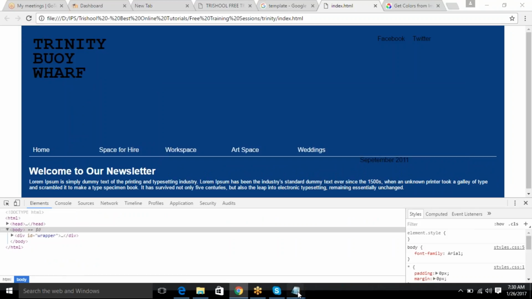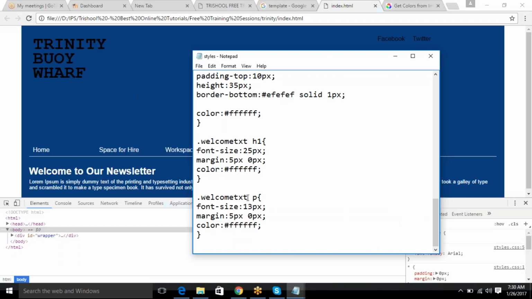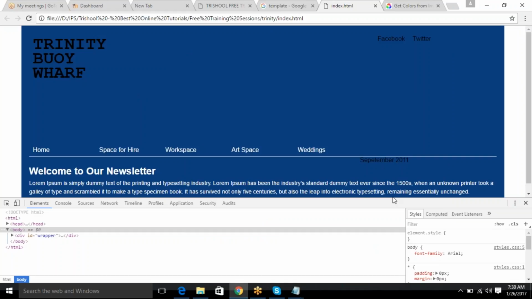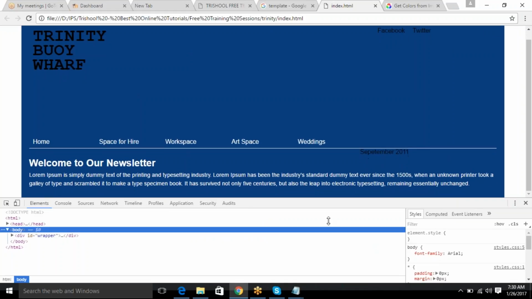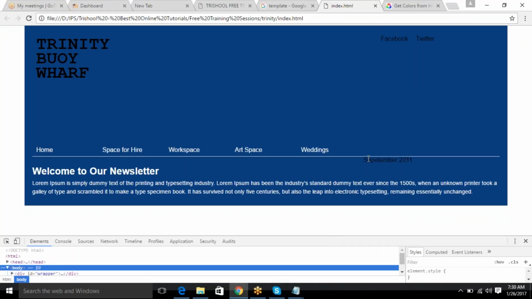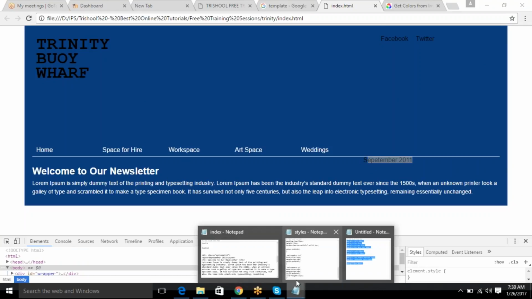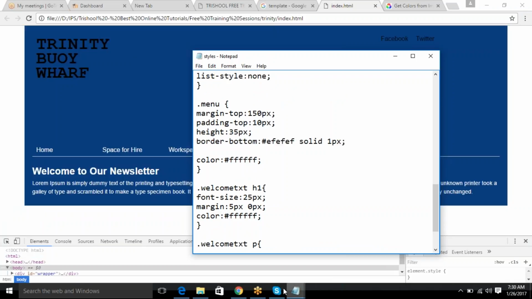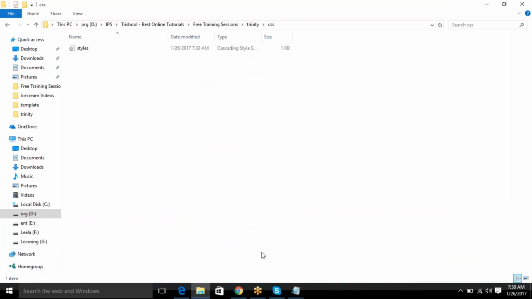Yeah. So I'll just say font size will be a little more, and I can say line height also. Line height a little bit, say 22 pixels. Now you can see some beautiful text over there, right? Perfect. But this guy is standing somewhere else because of the float left of the menu. So what I can do is convert him to a paragraph itself, or maybe